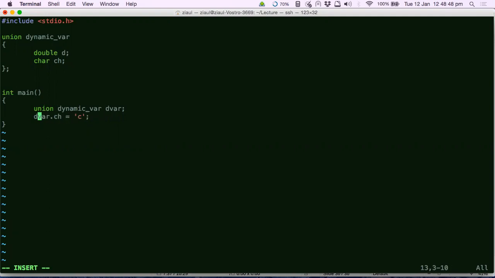So now, Harsha, tell me, is it possible now to store more than 1 character? Because the way you have defined your union, you cannot store more than 1 character, right? Because your member variable is of type character and double. So you cannot store more than 1 character here, because you can only store 1 character in CH, that's it. To store 8 characters, what you have to do, tell me? You have to just declare it as an array of 8.